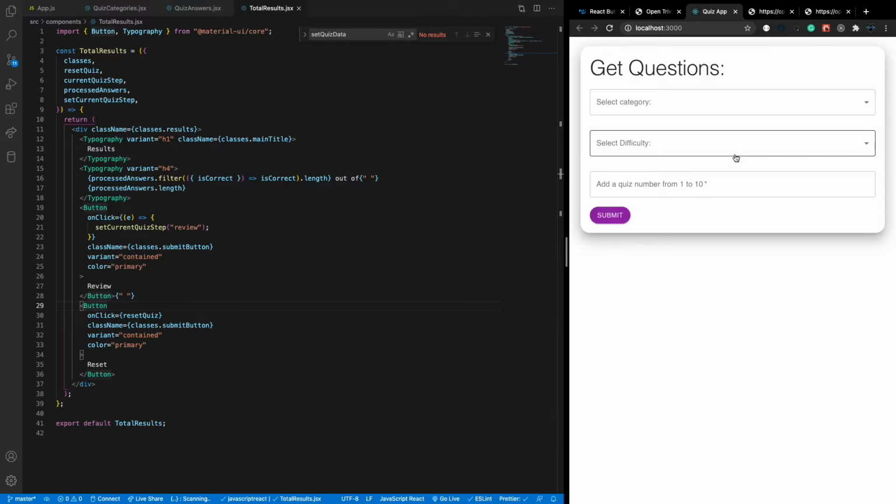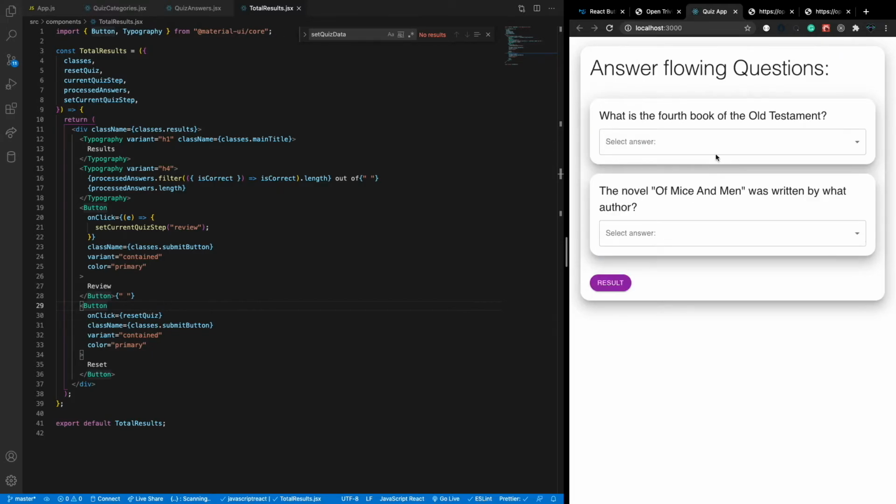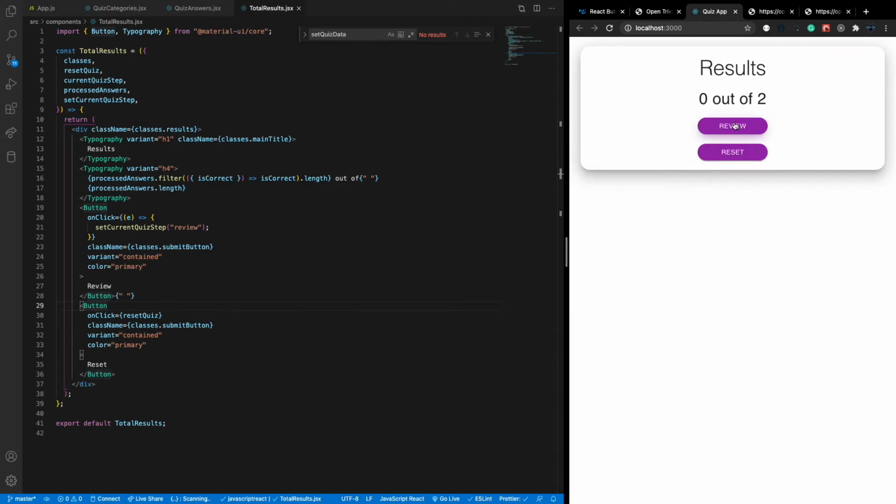If we press reset, here we are. Start again from initial, and it sets the initial category to be empty, difficulty to be empty, number of questions to be empty. So the reset button is working fine, but the next step is we need to add our review component, where we can see the list of the questions that we answered. So when I press result, now we need the next step. I've got 0 out of 2. Now the next step is, when I press review, to show me a list of questions with the correct and wrong answers. And to do that, first we need to create a component,